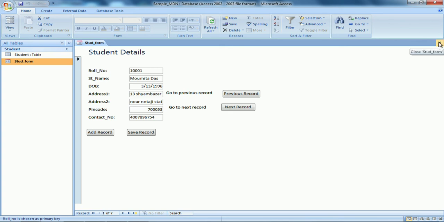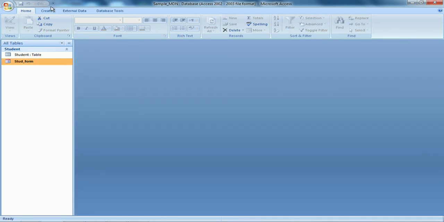Yes. So it's deleted because that was a duplicate of the student underscore form which I had created by clicking on the form button. Sometimes most of the fields and attributes are the same and we need to make some changes, so we design a similar form like that. That is why in those cases we do it. So this is a brief idea about a form. Now I'll be showing you how to carry out some more options inside a table.